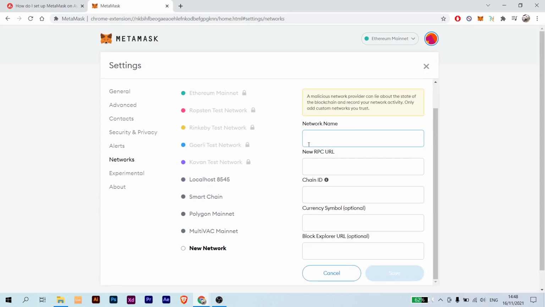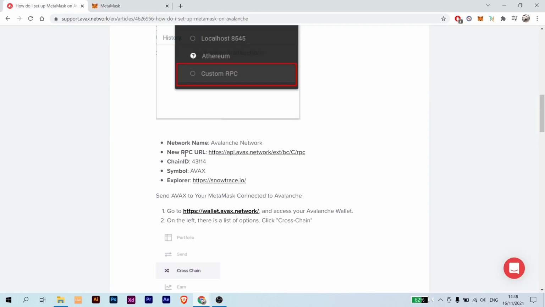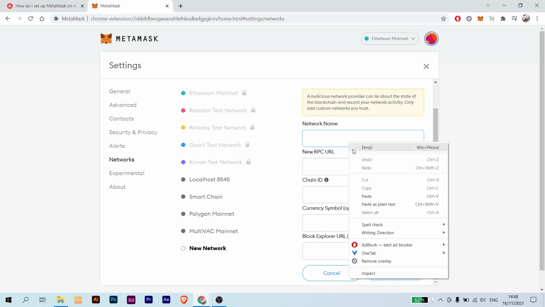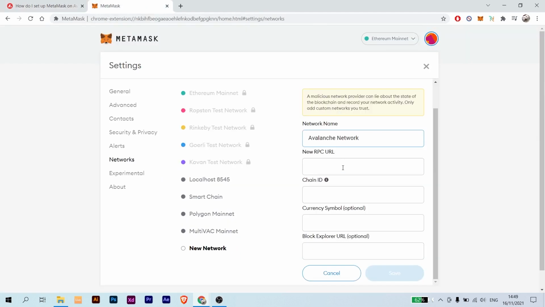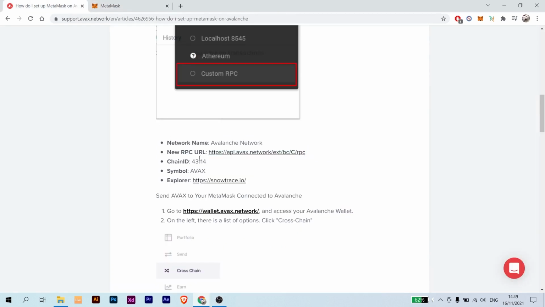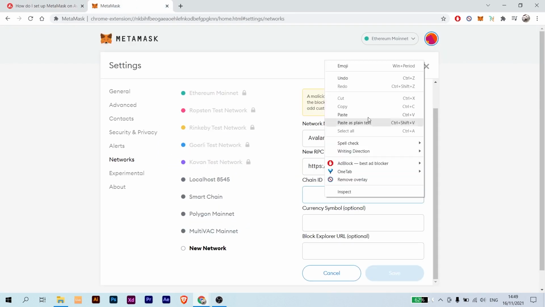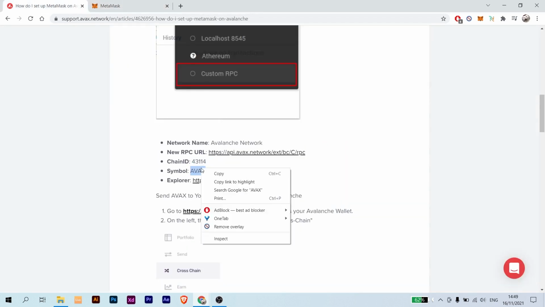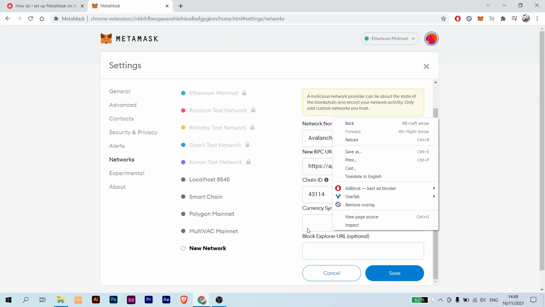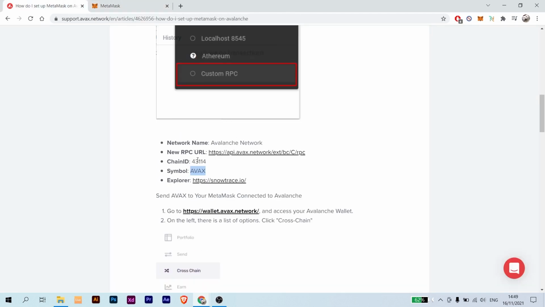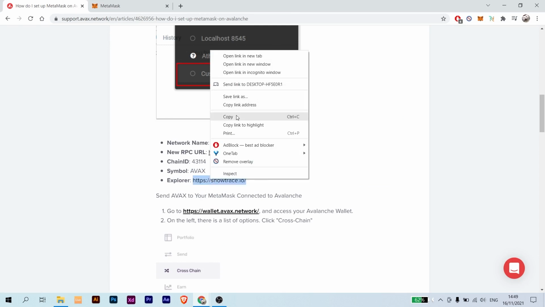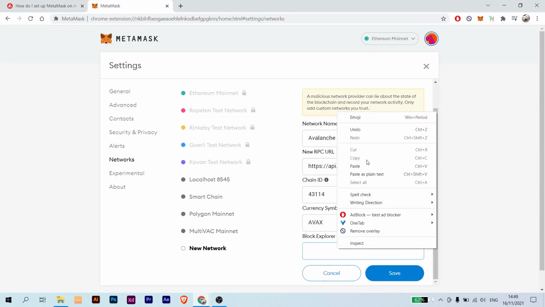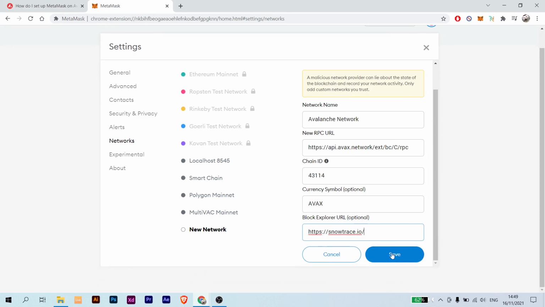Now we have the option to copy and paste the details from here. And here we are, then click save,